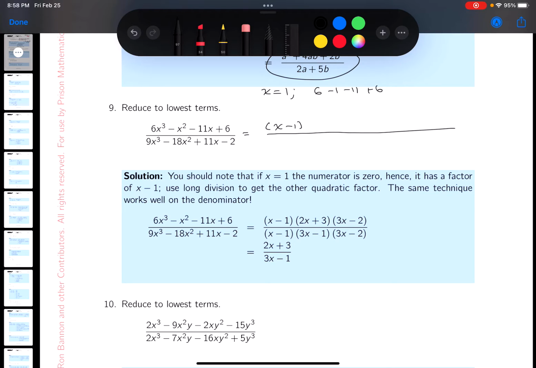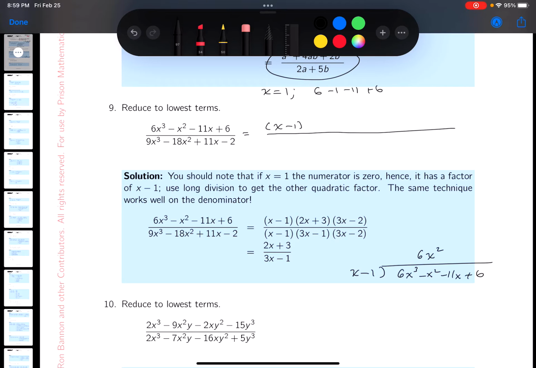Now, someone says, how can you get the other ones? There's many ways to get it, but I'm going to say that long division is not bad, all right? And by that, I'll put a long division down for you. It's going to be x minus 1 divides into 6x cubed minus x squared minus 11x plus 6. Well, I'm not going to go through the long division, but I will say this: if you do this, the long division is going to produce